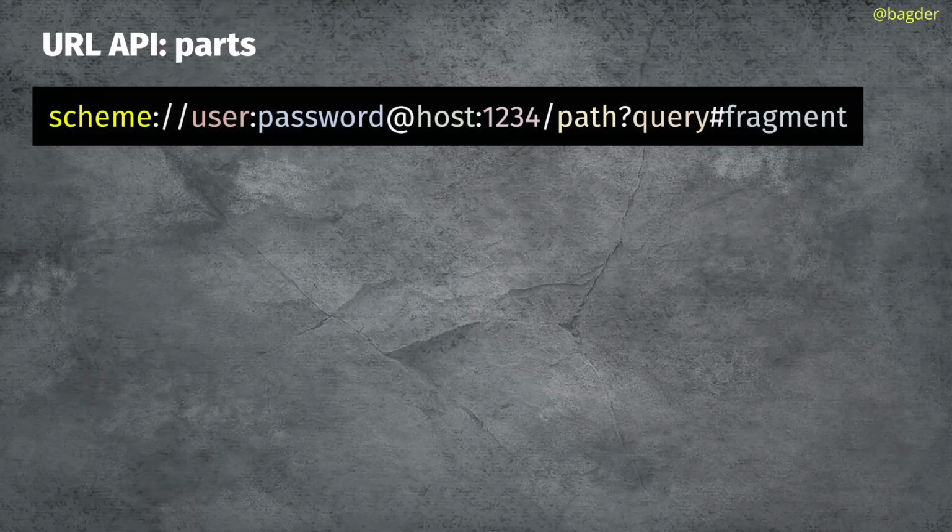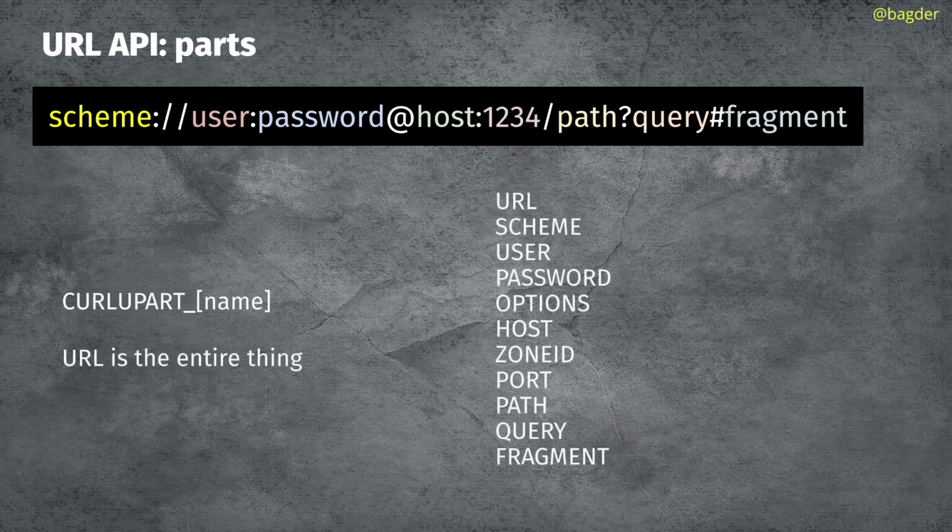Like this. Here's a sample URL: scheme, user, password, host, port number, path, query, and fragment. There can be some extra components too, but pretty much all of these components can be separately managed with the curl URL API. You can set them and extract them, or you can set the entire URL at once. So we deal with them like this: curl u part and then the name of the component. These are the different URL parts: URL, scheme, user, password, options, host, zone ID, port, path, query, fragment. You can set and get all of them independently,